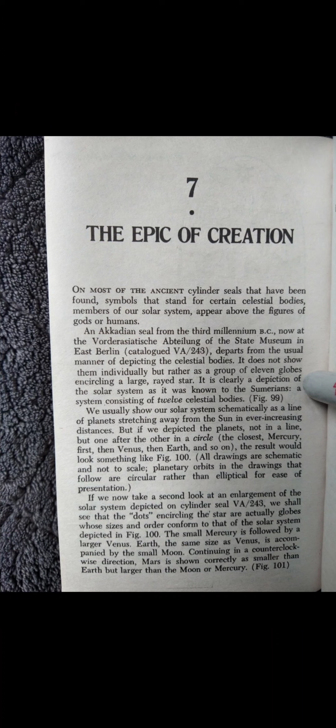On most of the ancient cylinder seals that have been found, symbols that stand for certain celestial bodies, members of our solar system, appear above the figures of gods or humans. An Akkadian seal from the 3rd millennium BC, now at the Vorderasiatische Abteilung of the State Museum in East Berlin, cataloged VA 243,